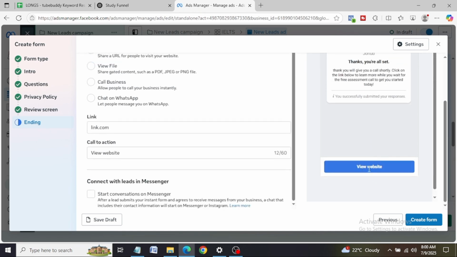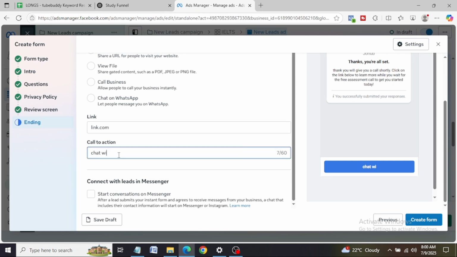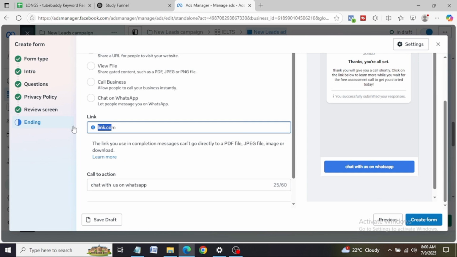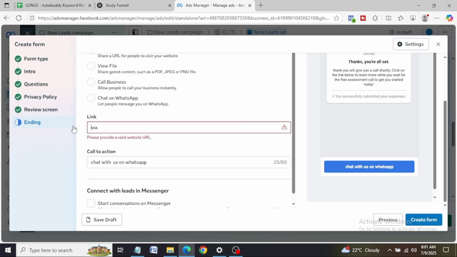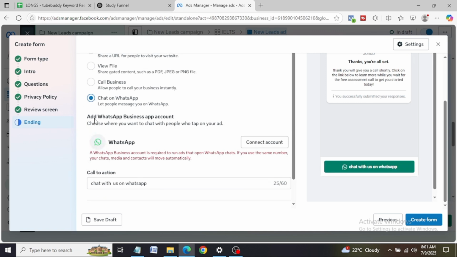You can see this view website button, and you can just edit this button too. You can edit it to whatever action you want. If it's order now or whatever, you can edit it to your own preference, or chat with us on WhatsApp. And you can put in your WhatsApp link here. But I advise don't use the WhatsApp link. If you want them to chat with you on WhatsApp, you just click on this chat on WhatsApp option,